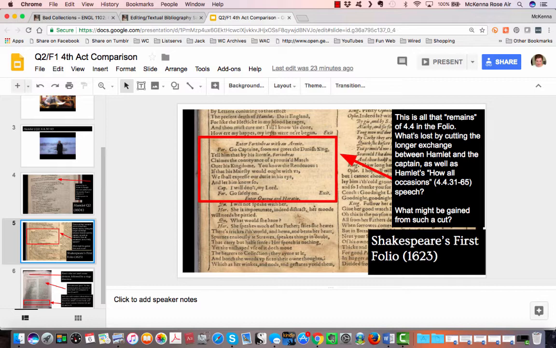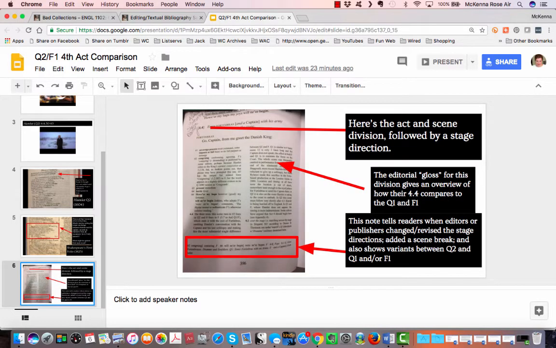So finally, here's a quick shot of our book. And so our book follows the act and scene division started by Alexander Pope in 1725. And then we also get,